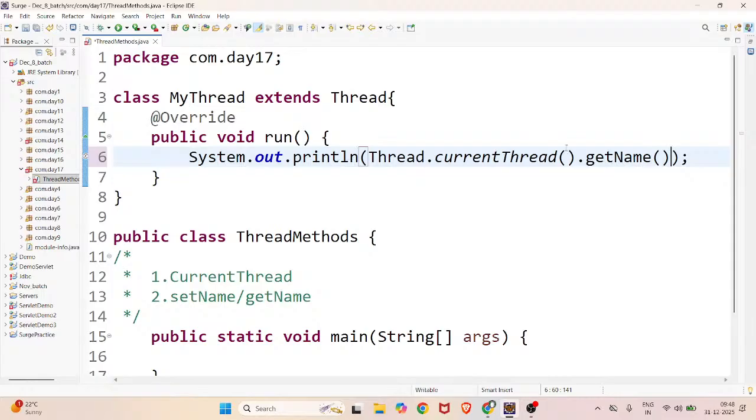That means you are referring to the active thread you are currently executing. That is what currentThread is used for. If you have multiple threads and have to refer to one thread, then currentThread is the method for that. Okay, this is one way you can check. This is the currentThread method. What is the purpose of currentThread? Like the same way,